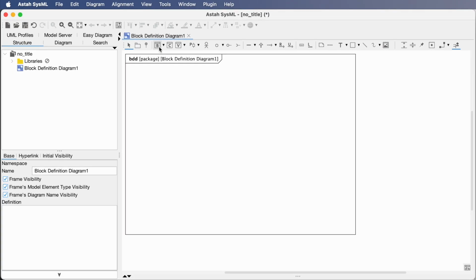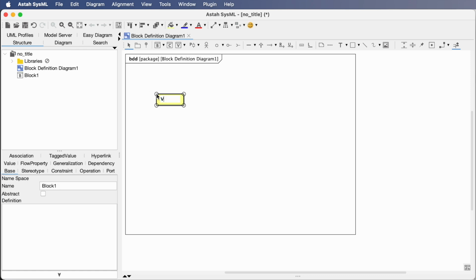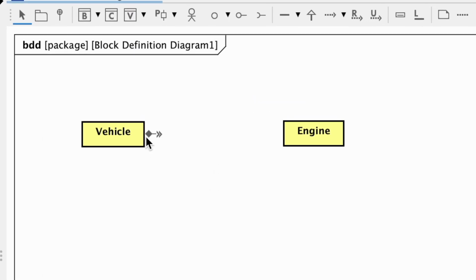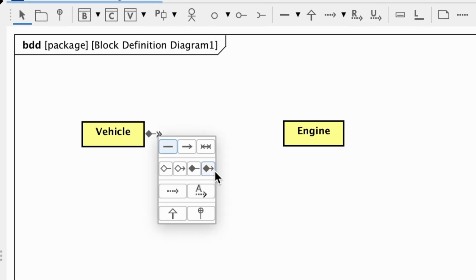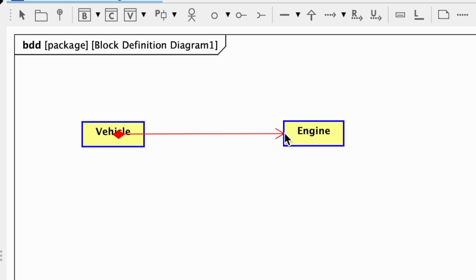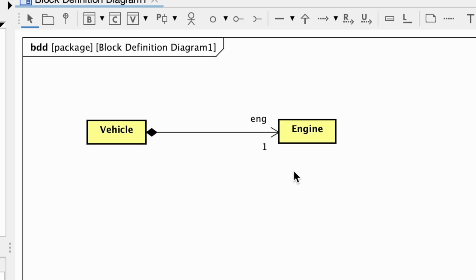To add a model, choose one from the tool palette and click on the editor, then name it, or simply double-click within the editor. Creating relationships is quick and easy. Just hover over a block, select the relationship type, and connect it to your target, all in just a few clicks. Asta's mini icons for quick access make your diagramming faster and more efficient.